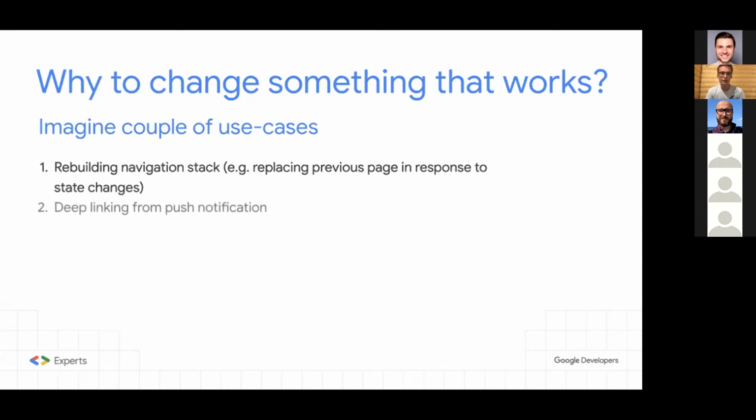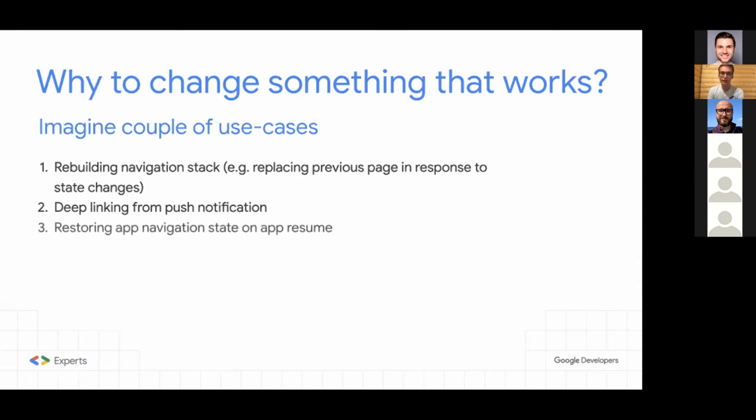The other case, a very common pattern, is from a deep link or push notification. Let's say you need to build your navigation stack at some point, and with the new pages API, you can do it on the startup of your application, define that you want to have, let's say, these 4 pages in the stack from this kind of push notification. And this will be the first list, the first order of the pages that the app will be built with. And it is very easy to do with the new pages API.